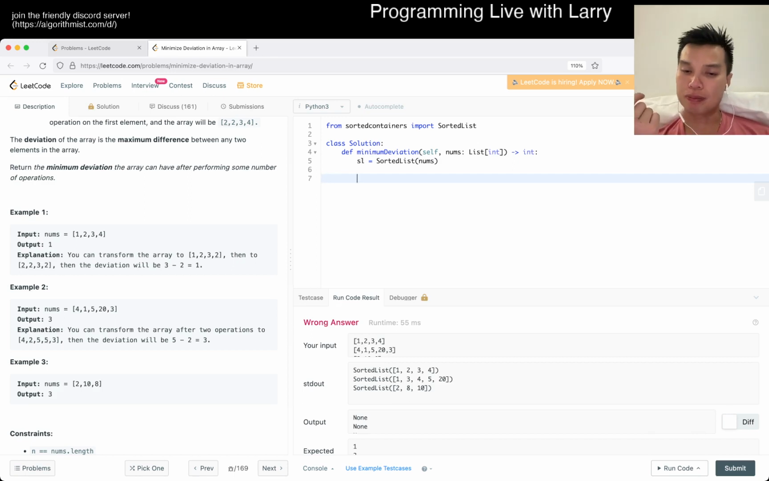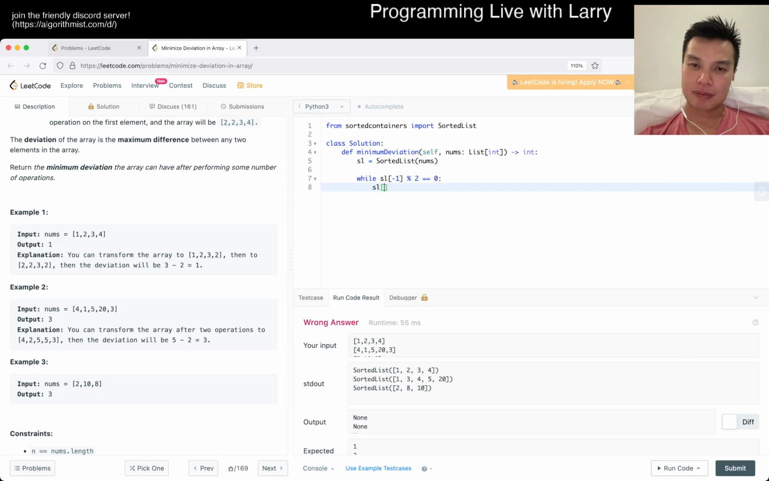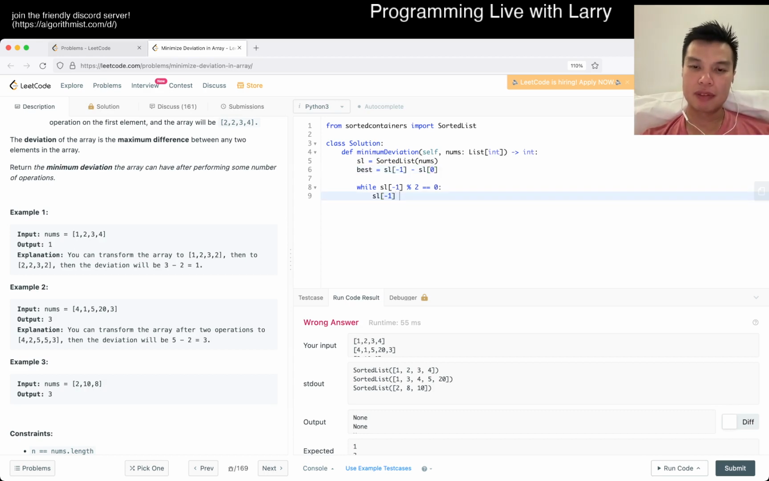And then now what do we do, right? Now, while the last number is equal to 0, this is even. Oh, well, let's do best is equal to, right? So that's the maximum difference because that's deviation. Okay, so then now we divide it by 2, right? So then now best is equal to, so then we can always keep doing this. And then now after that,